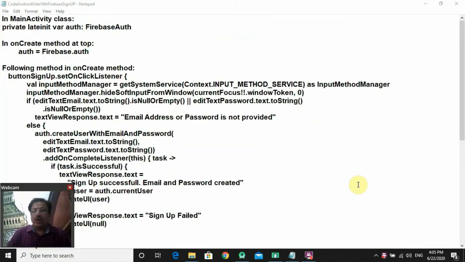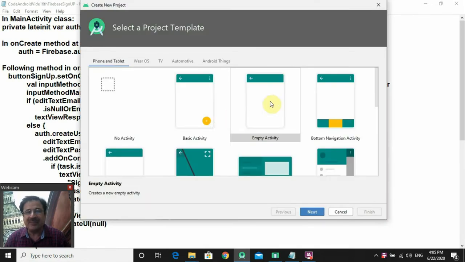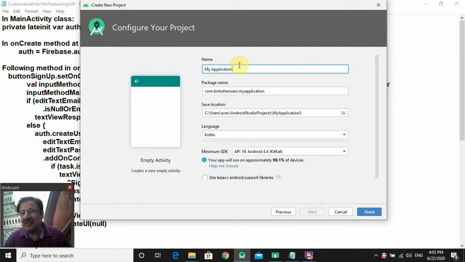Let's start. So the first step is that we have to launch Android Studio. So this is my Android Studio. I'm starting with a new Android Studio project. I'm clicking here. I'll select the empty activity. Next. It is asking me the name of the project. Let's give the name as, say,